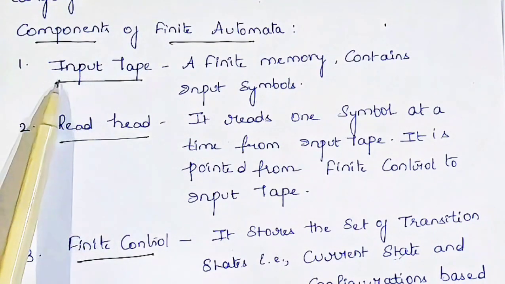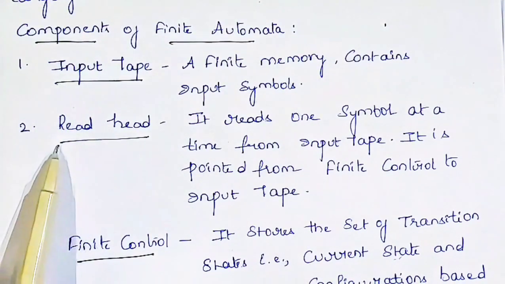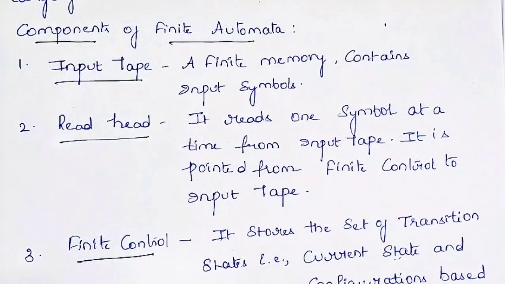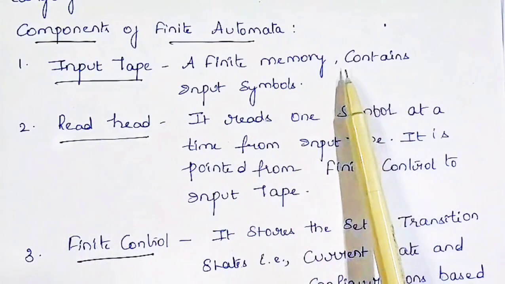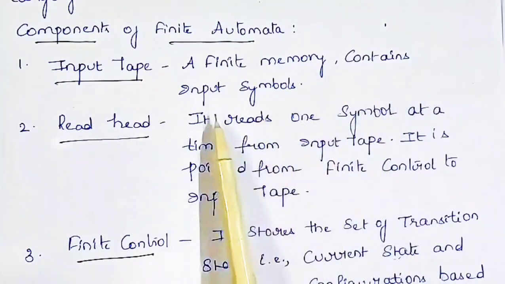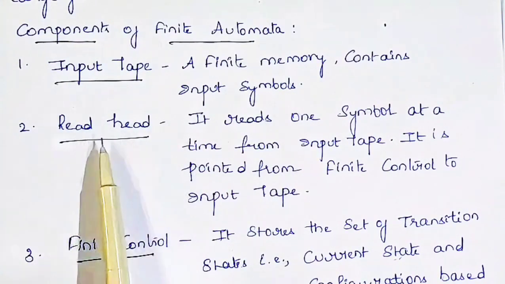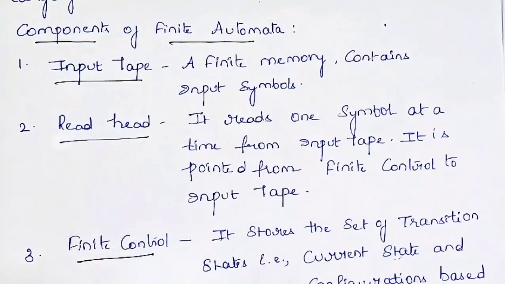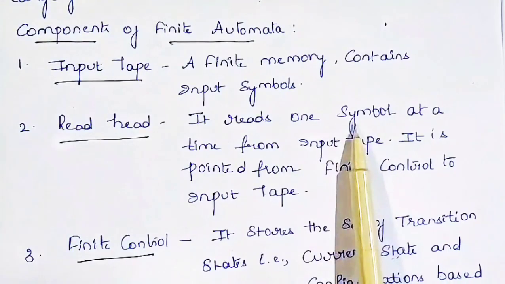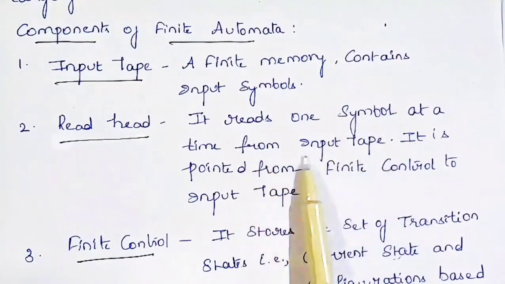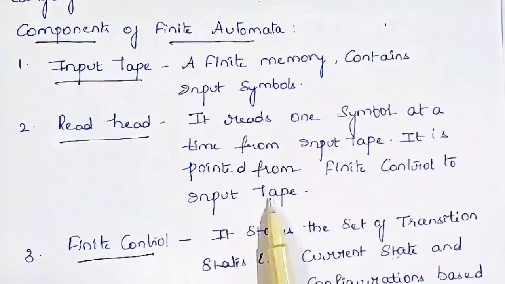It contains three components: input tape, read head, and finite control. The input tape is nothing but a horizontal tape which processes the input sequence of symbols. The symbols will be processed through the read head pointed from finite control to the input tape. The read head will read the input one at a time from left to right and process the entire input